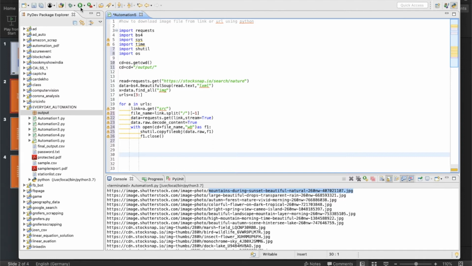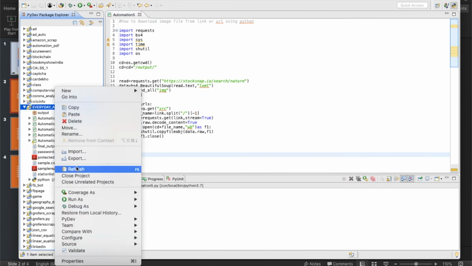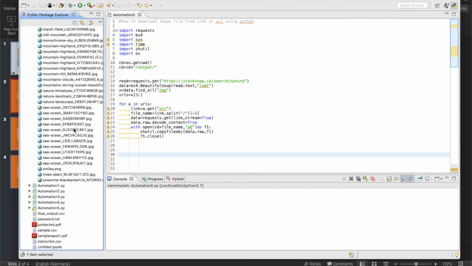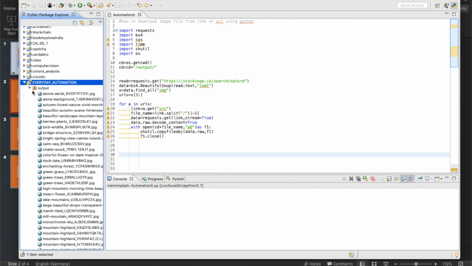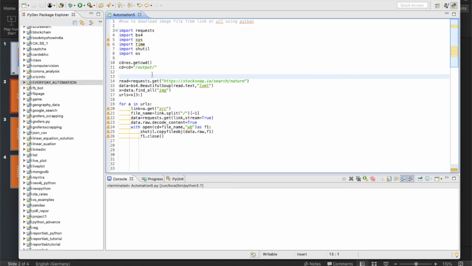So let me run this now. Okay, this is working. Okay, it's terminated. So let me refresh this. See, all files are actually available here. Okay, so this is one way of doing this, but I will do it somewhat differently. So let's create it in a kind of